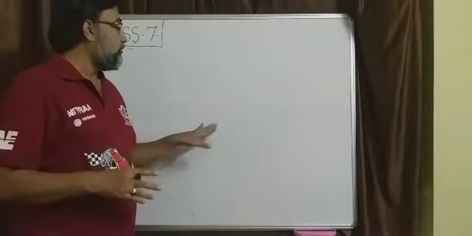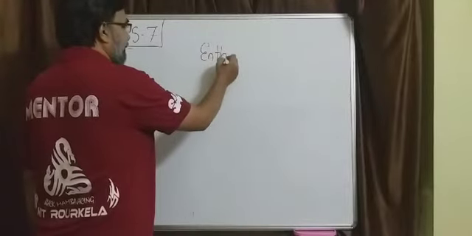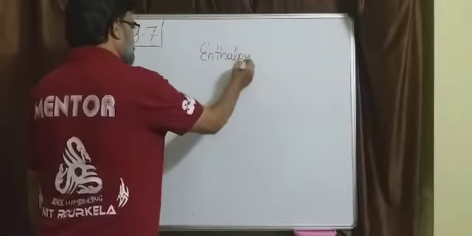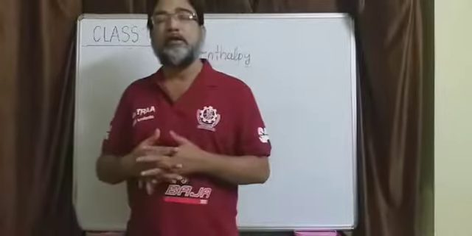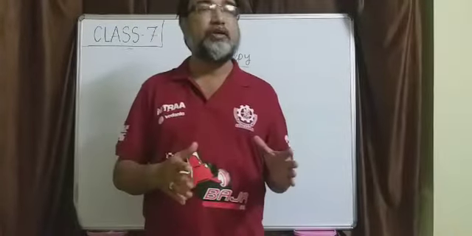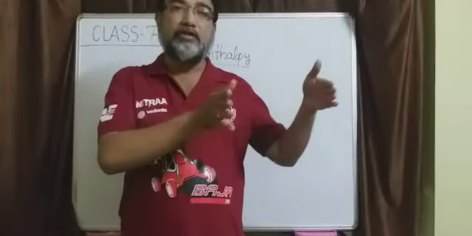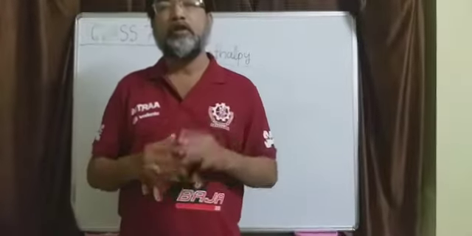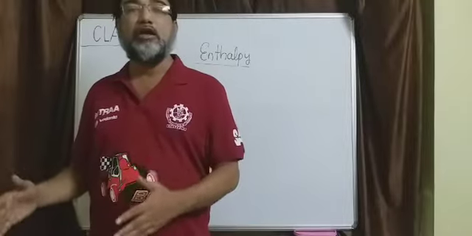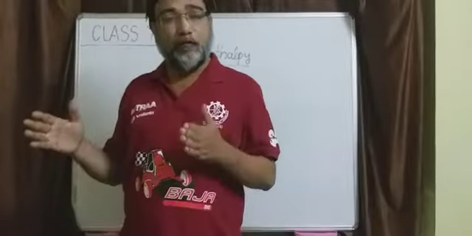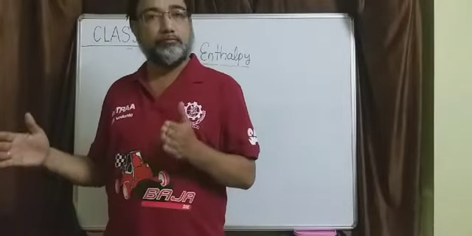Alright. Now, another thing: in the last class we discussed a term, enthalpy, and we defined it. How did we define it? For your benefit I am repeating that thermal energy is a form of energy, and thermal energy manifests itself either in a flowing form or in a stagnant or stored form. If thermal energy is flowing from one body to another, one system to another, due to temperature difference, then that form of thermal energy is called heat, with which we are very much acquainted.